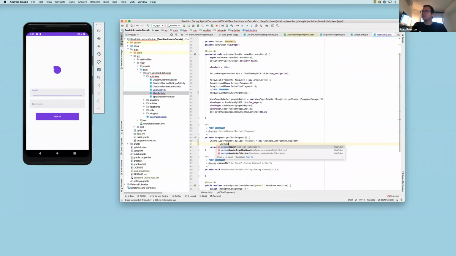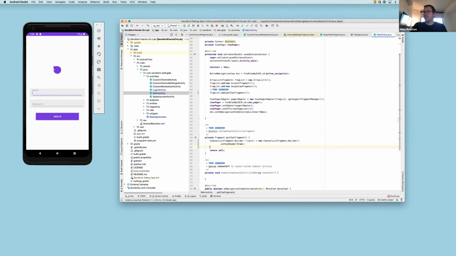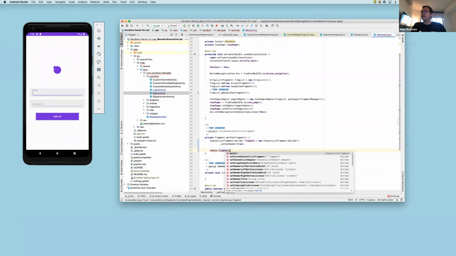Set use header. So if we do this little line up here, what this is doing is building the fragment for the channel list fragment. And there's a lot of customization, and we'll talk about some of that customization that you can do on this individual builder. Essentially what we're doing is just specifying the use of the header, as it's by default false, I believe. And then we're just going to go ahead and return fragment dot